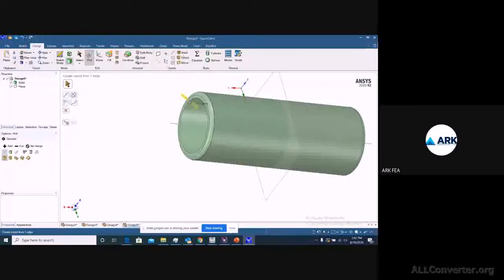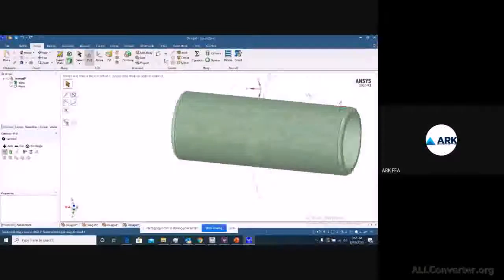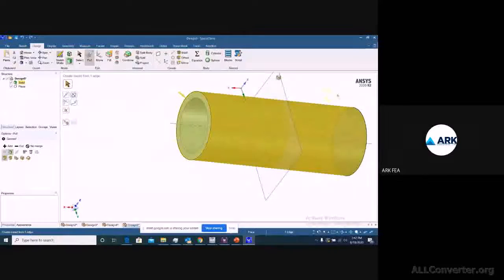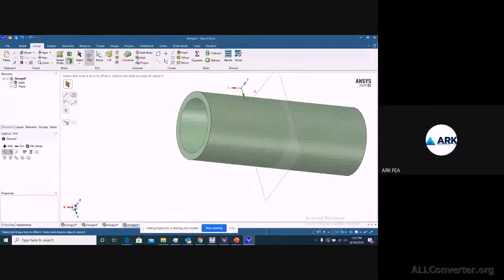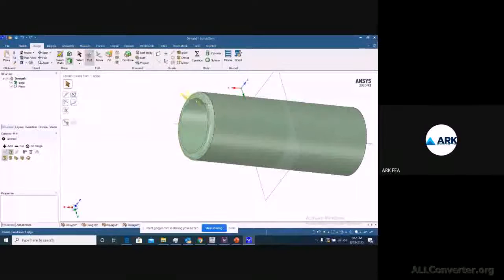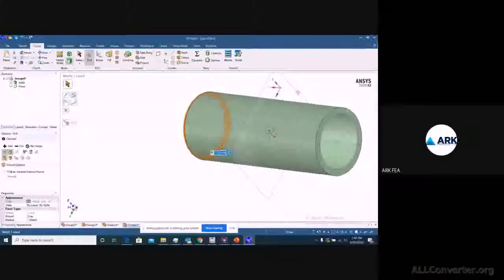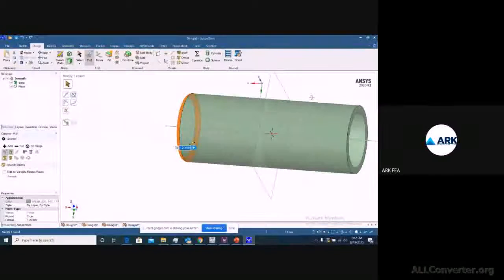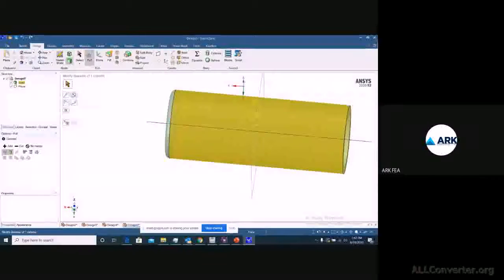Now when I click there, I directly get maintain mirror or remove mirror. So click here before starting your operation and just define it, so you are not able to see the reflection in the next one.